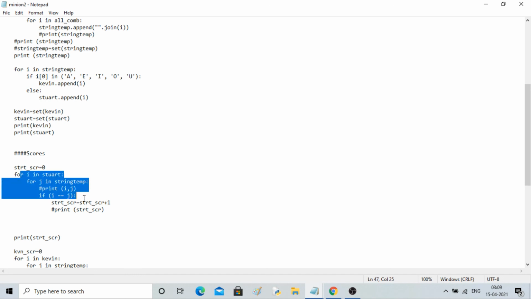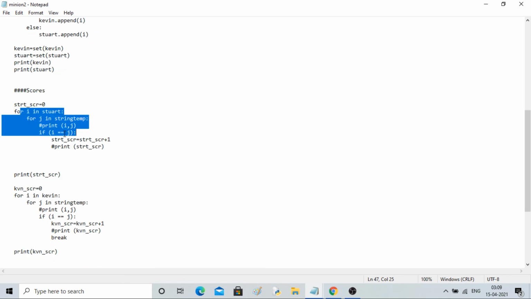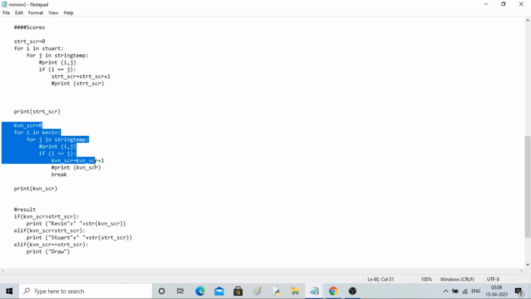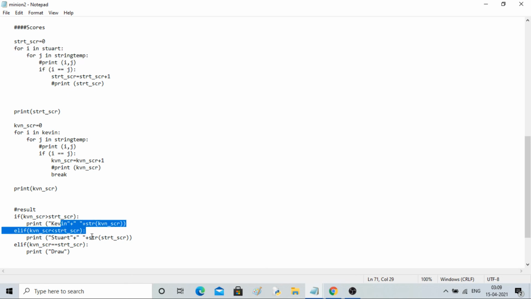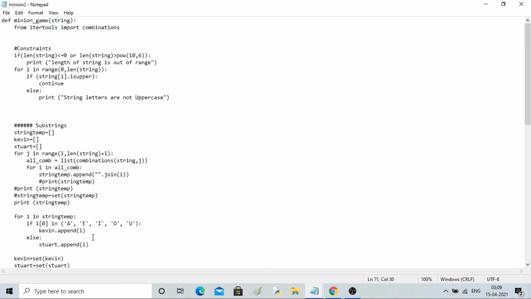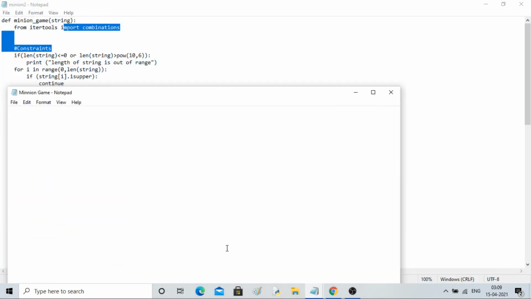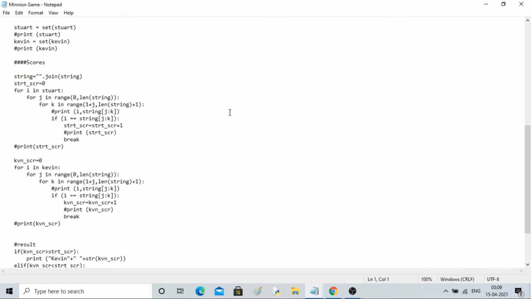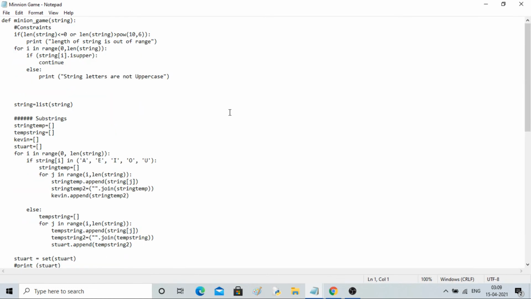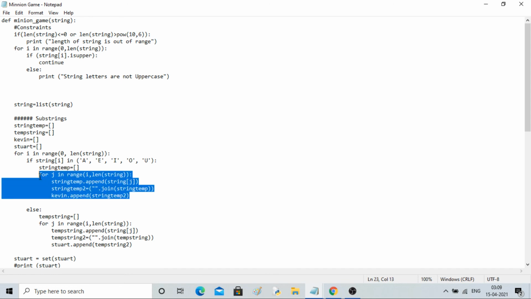I was not getting the idea of length initially, and then you can see I was doing it for Kevin as well as Stuart, and then I was calculating the score winner. So I used this as well, I am telling you. Then there is one more version. See here also, I taught you this one so that you will get a better feel of memory and time.